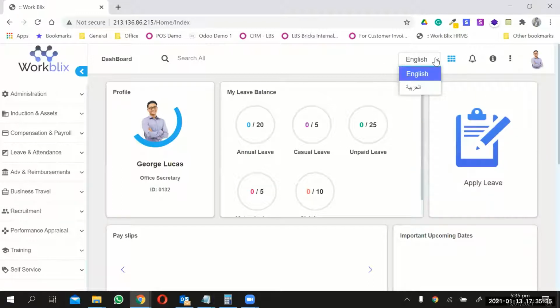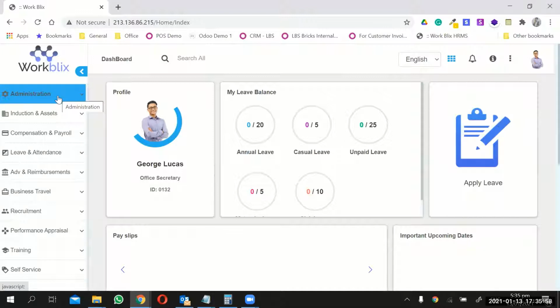Then you have a language tab where you can change the language. We can introduce all different languages wherever it is needed. And then here you can see the color settings and workload settings, and then you can check your user profile, log out, change the password, and other things. On the left hand side, you can see there is a menu.